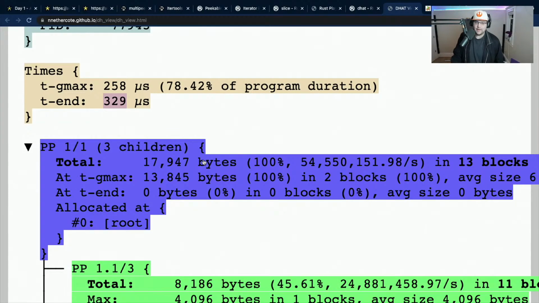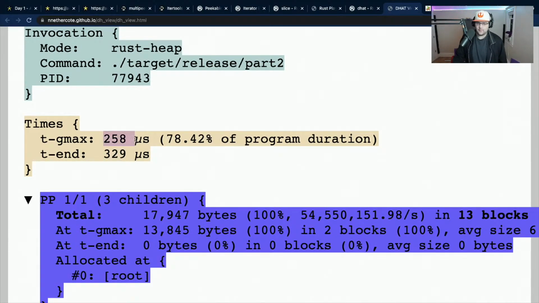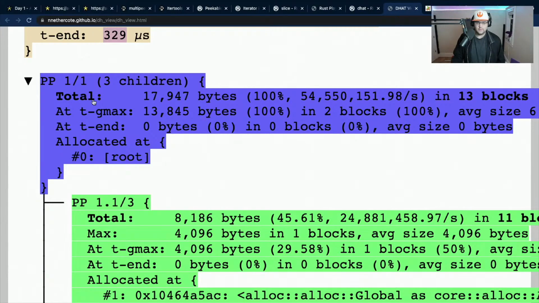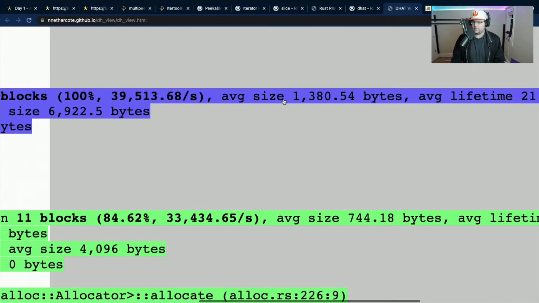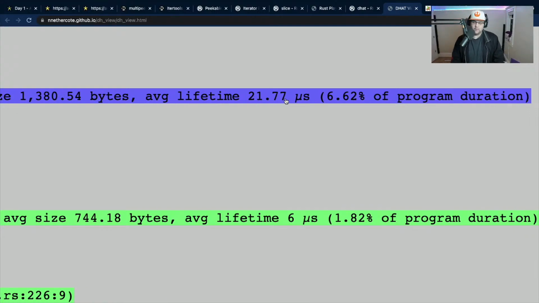How many things were not explicitly freed? So we've got the maximum and the end. The total is, like we said, about 18 kilobytes in 13 blocks. I don't know that we're going to be able to do much about this particular program. But it would be interesting to compare Nikki's solution with mine and see if they're any different at all.